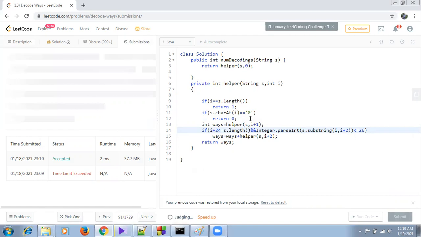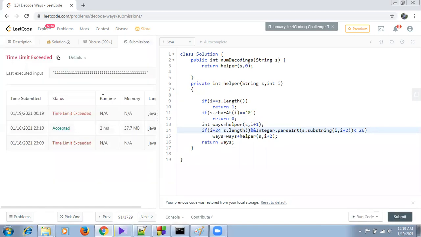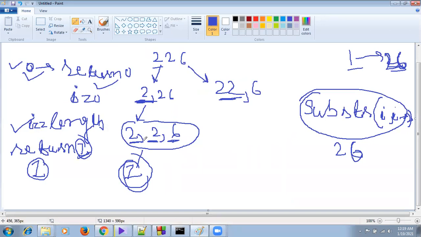So what will we do here? We have to notice one thing.